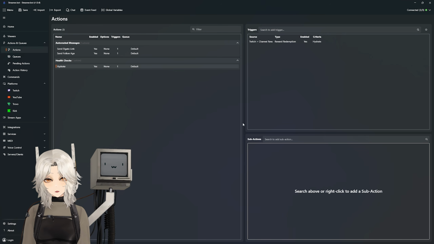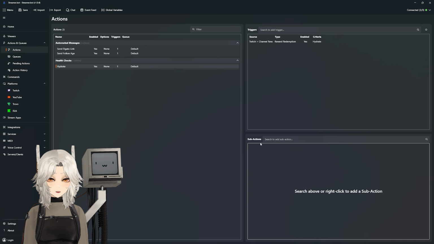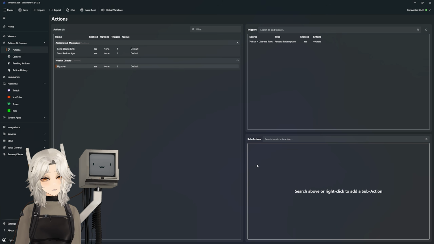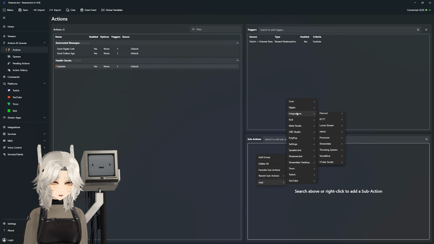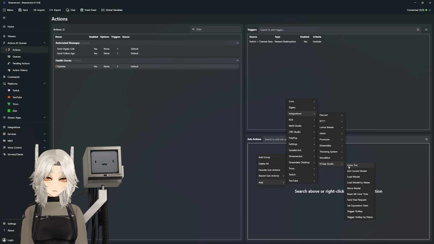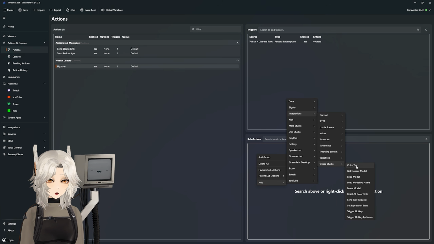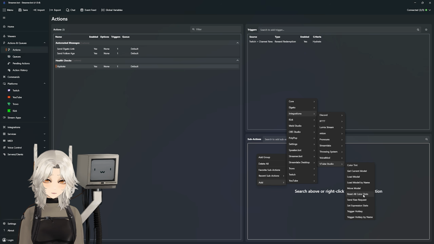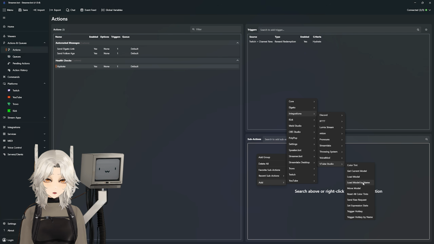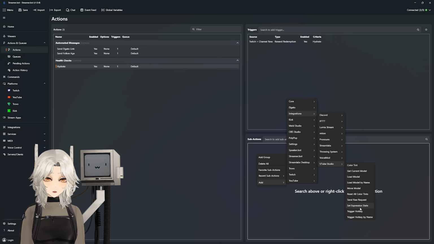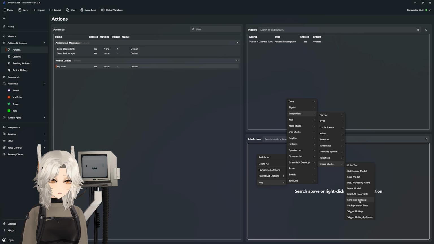So if I were to add a VTube Studio integration as a sub action down here, let's just check out what options we have before we make any new actions. Right click, add integrations, VTube Studio. So as an overview, in our sub actions tab, we have color, tint, and reset tint. Then we also have get current model. We have 2 model loading options, model movement, 3 ways to trigger expressions or hotkeys, and finally we also have